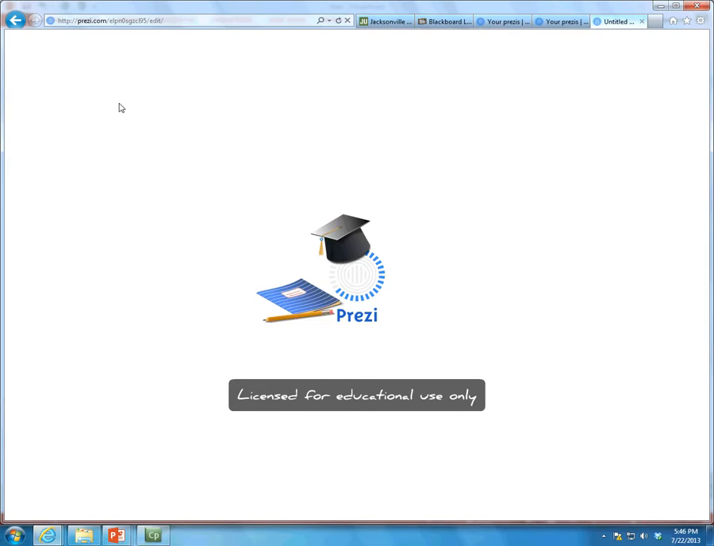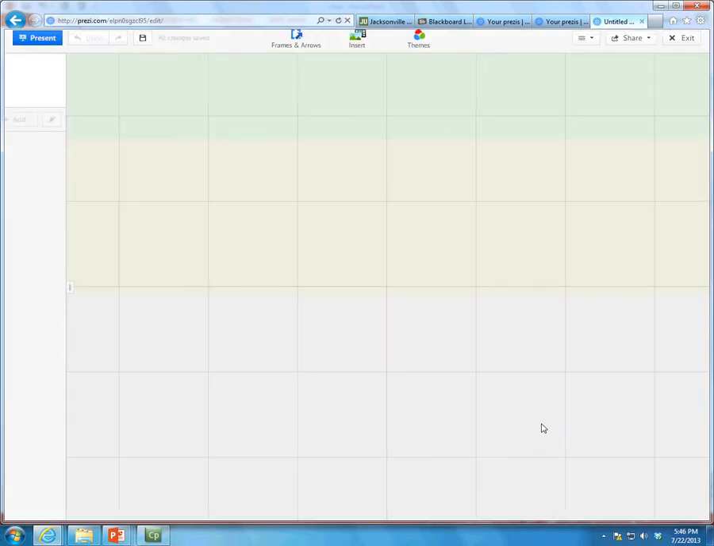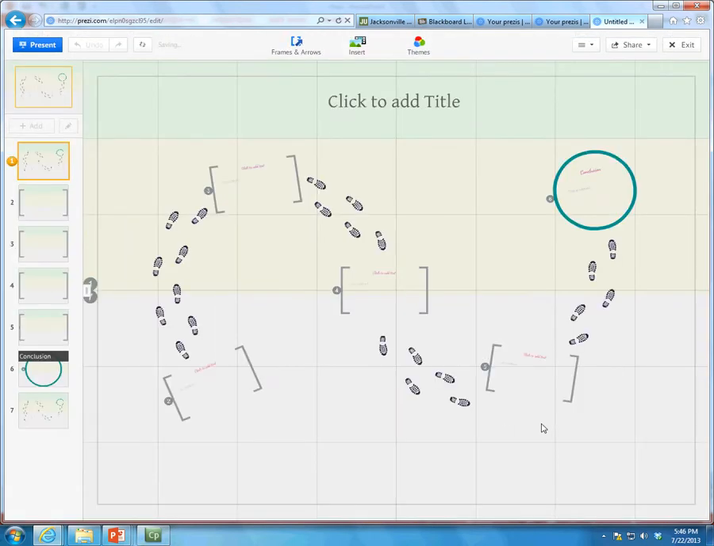I usually choose a boring template so that I can show you the basic features, and then you can move on and be creative yourselves. And there's even more new templates, so I'll take the journey template. I usually ask students which one they want, but let's take the first one that we see in front of us. So this is really neat because it has a few frames,